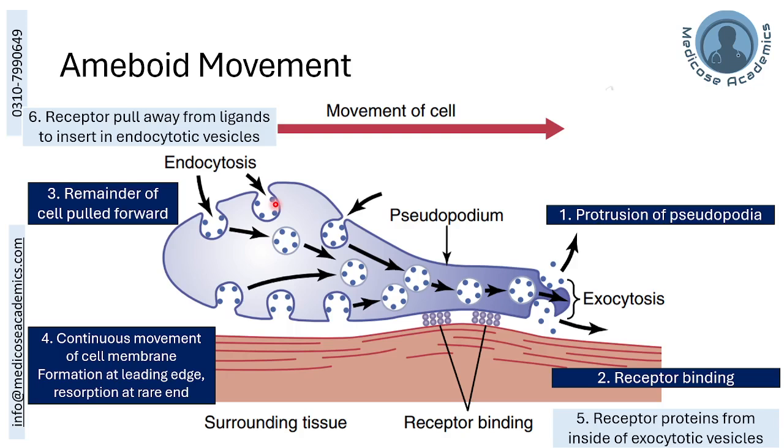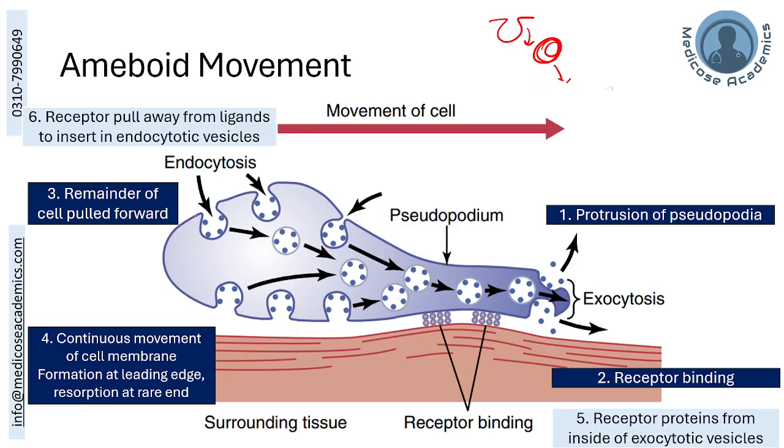If you have taken the section on the vesicular transport, you can quickly appreciate what we are talking about over here. Whenever there is endocytosis, a part of the cell membrane is pinched into this endocytotic vesicle and it carries those proteins which were actually part of the cell membrane. So this is what is happening over here.